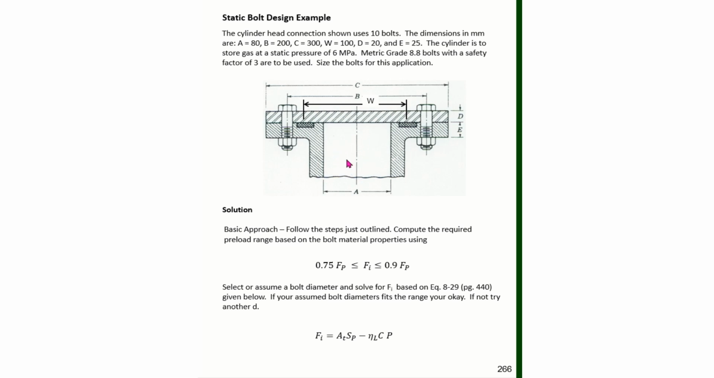Now, in terms of dimensions and bolts, all of that information is given here. We know that the dimension A is 80 millimeters. B here from bolt to bolt is 200. C from outside to outside is 300. W from the gasket to the gasket is 100. D here, the thickness of the top plate, is 20, and